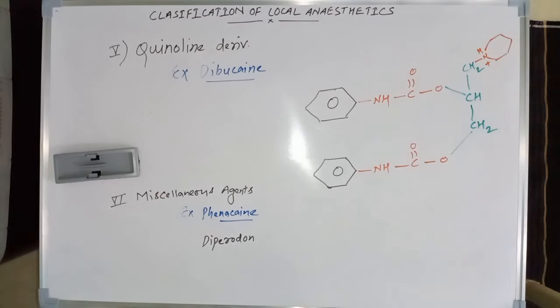So this is the example of diperodon. There are some other drugs which come under this miscellaneous agent class: clove oil,